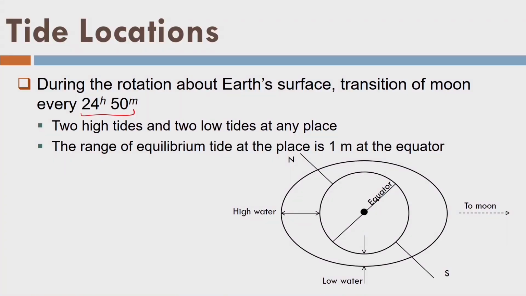Similarly, when this point is at 90 degrees to the moon, there is low tide and low tide. When this becomes like that, low tide and low tide. So, we experience 2 high tides as well as 2 low tides in one day, or one tidal day, and the tidal day is 24 hours 50 minutes. But you can see here that there is a high water here and there is a low water here, and this is the moon's position. So, it is high tide here, I can say high water.